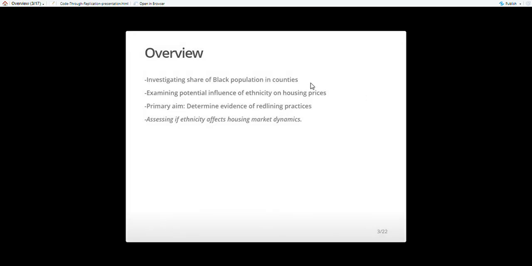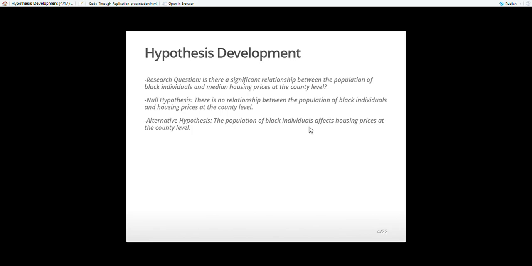I am investigating the share of Black population in counties to examine the potential influence of ethnicity on housing prices. The primary aim is to determine if there is evidence of redlining practices where ethnicity may be a factor affecting housing market dynamics. So for the research question,